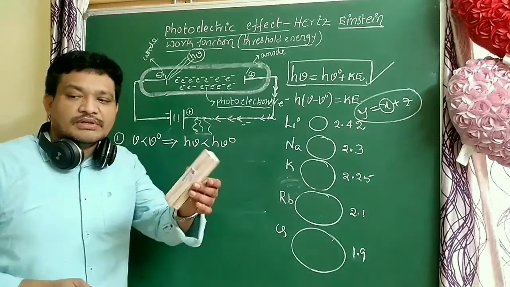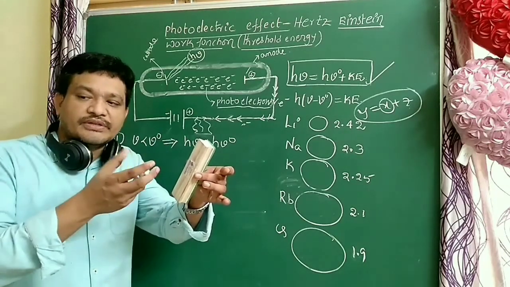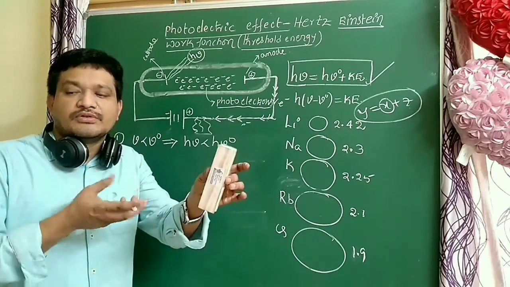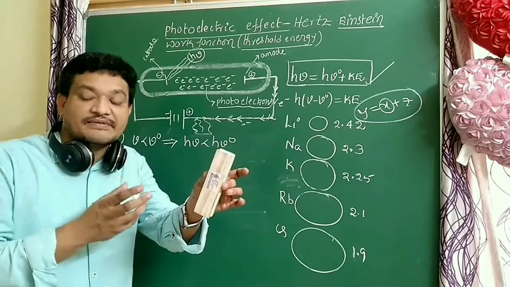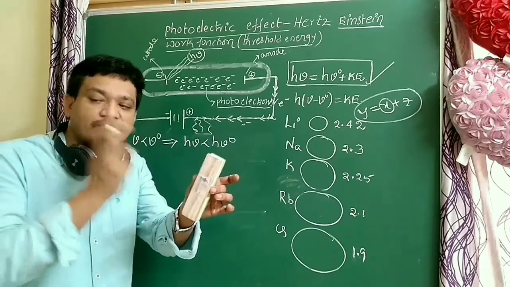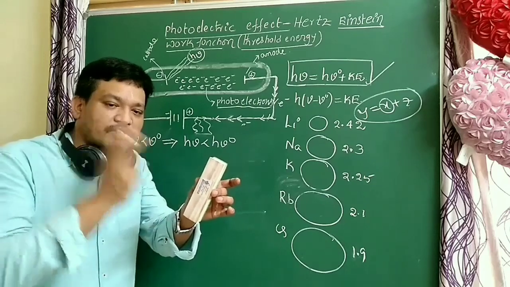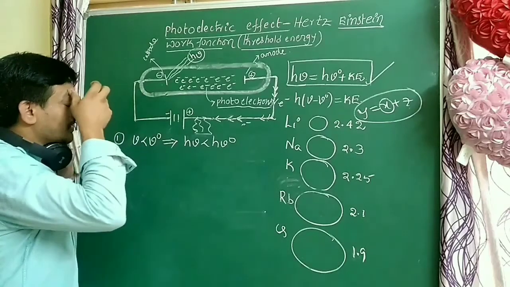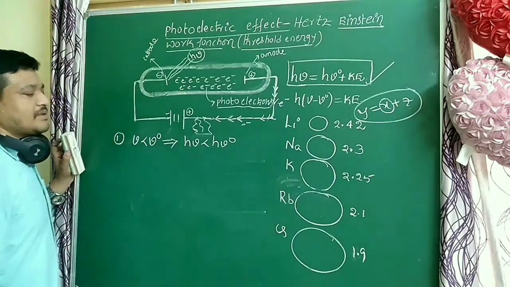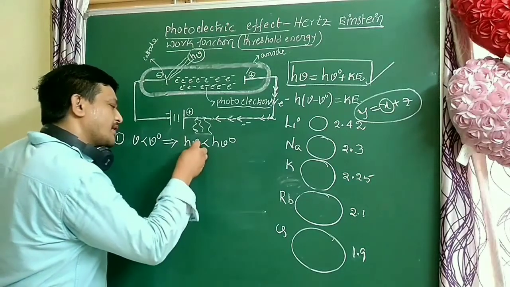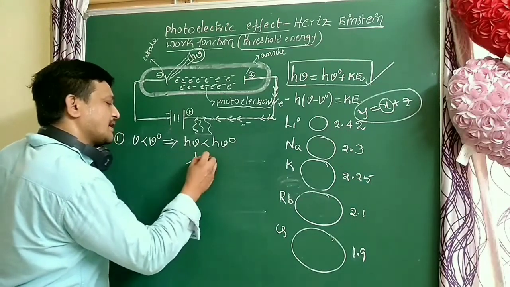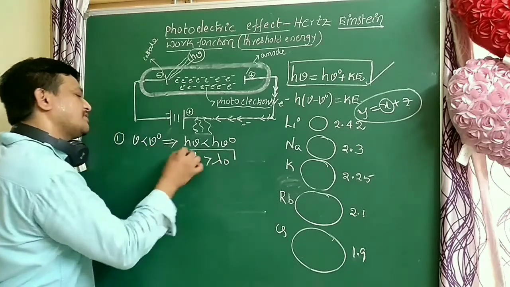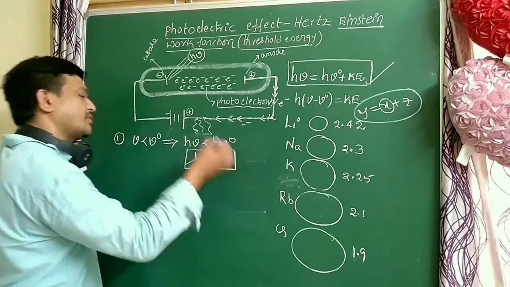For example, this chocolate costs 100 rupees and I have only 50 rupees. How can I get this chocolate? No. So your light energy is very less compared to the required energy. At that time, there are no photoelectrons, no emission of electrons, no photoelectric effect. In this case, the photoelectric effect does not take place. That means the wavelength of the radiation is greater than the threshold wavelength. Frequency less means wavelength is more. This is also a very important point.